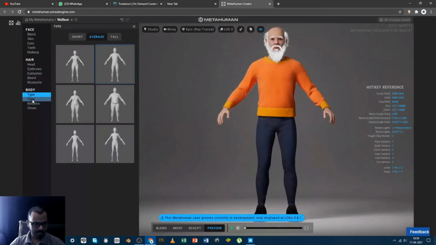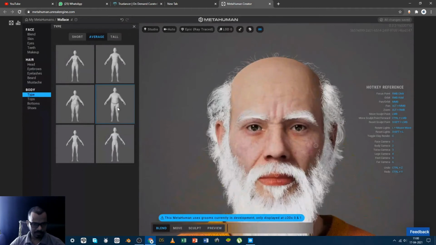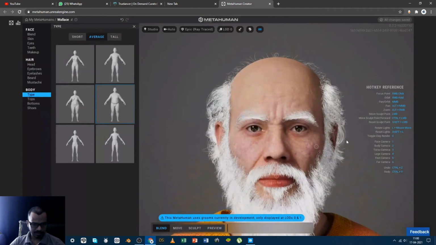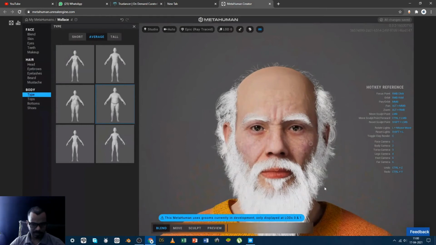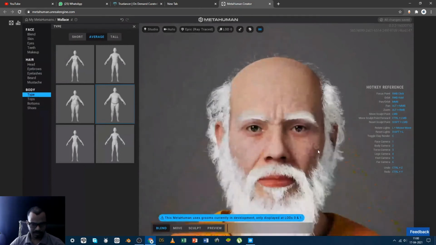So back to the settings, costumes on at the beginning, and let me come here in blend, say type body. In body, what can I blend? Is there any setting here? No, there is no setting in the body. In blend, the only setting available is in the face. We have seen how it works.